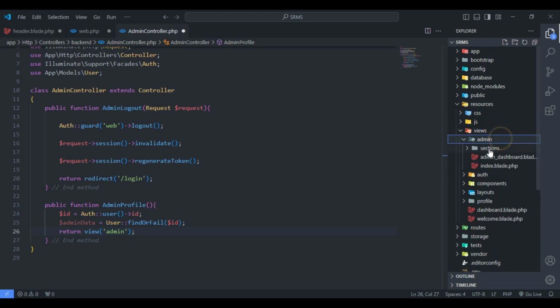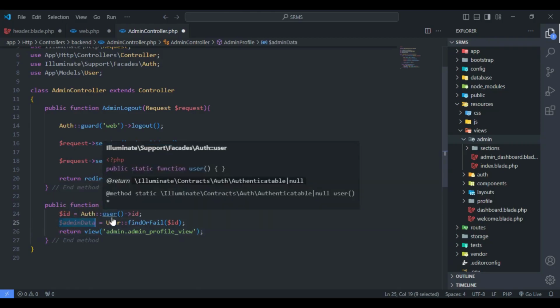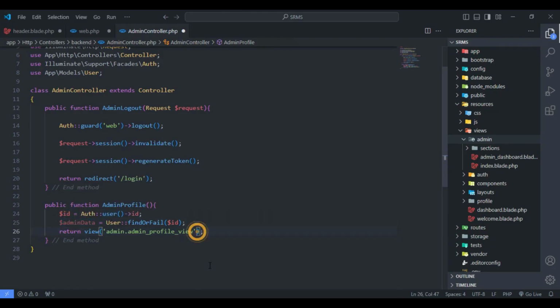Inside our admins folder, I'm going to create our view called admin profile view, and then I'm going to pass in our admin data which we get from our database. Let's pass it with the compact method, compact, and pass it as admin data. So now we'll be able to access our admin's information inside of this view